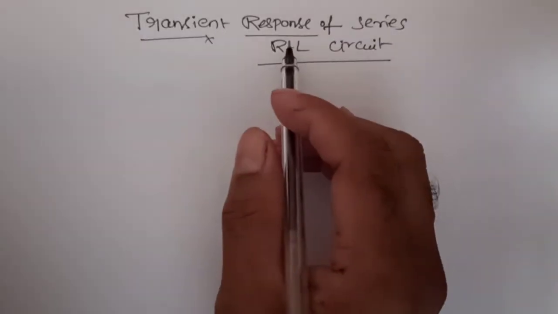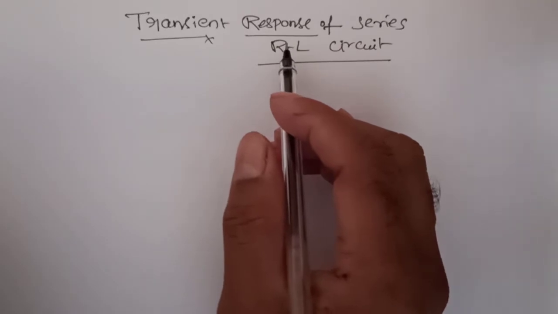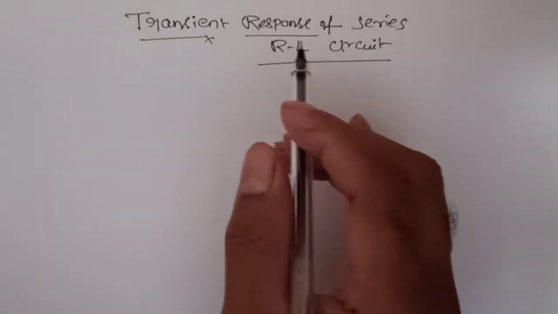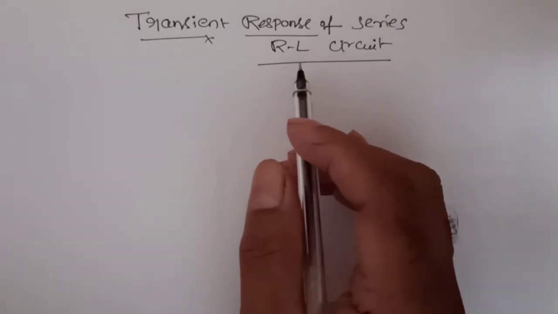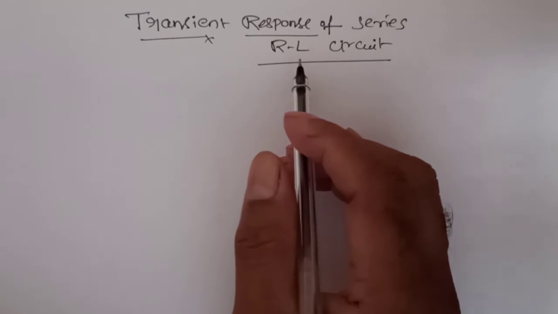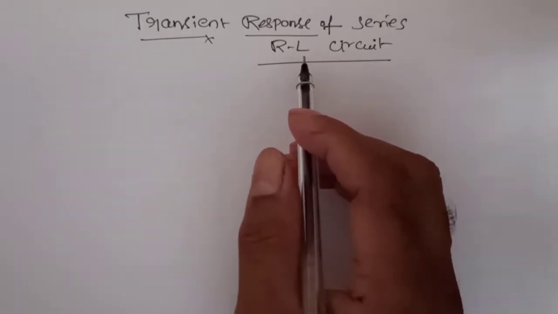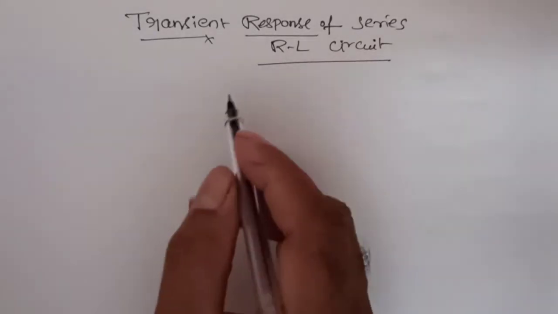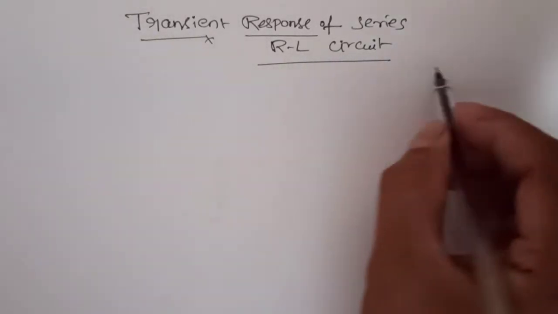In last class, we discussed steady state and transient analysis, the introduction part, and the initial conditions of inductors, capacitors, and resistors. Now, today we are going to start the actual concept, the transient analysis or response of a series RL circuit. Consider a series RL circuit